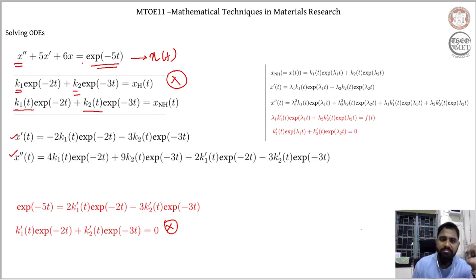The other equation I arrive at by substituting for my second derivative, first derivative, and x. When I do that, I end up with these two equations. I can solve this, and ultimately I will be able to calculate my two unknowns K1 and K2, which can subsequently be substituted here, thereby rendering the solution of my non-homogeneous ODE, or to put it in physical terms,